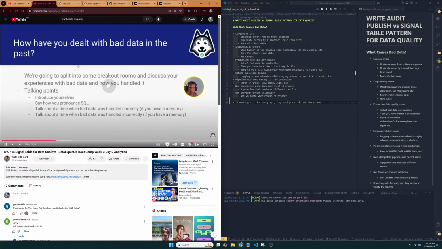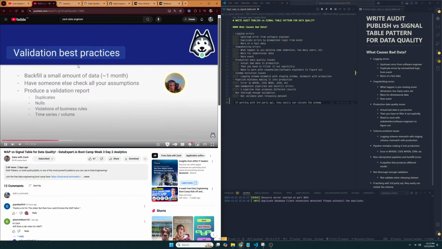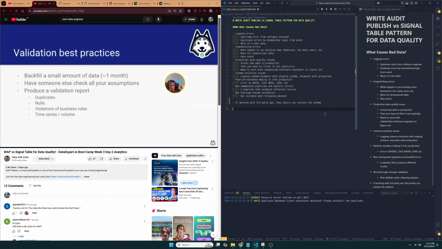That's some more like not enough validation rules, or having proper validation rules was a good way to handle bad data, and not having enough was a way that bad data showed up more. So this is a great thing, especially when you're creating a new pipeline. At Airbnb, what they would do is say, okay, backfill a small amount of data, maybe a month of the data set, and then